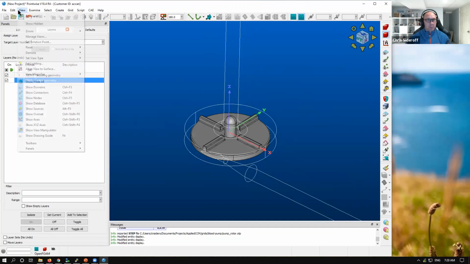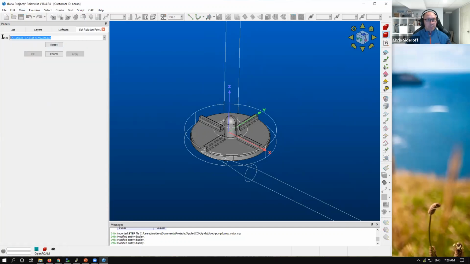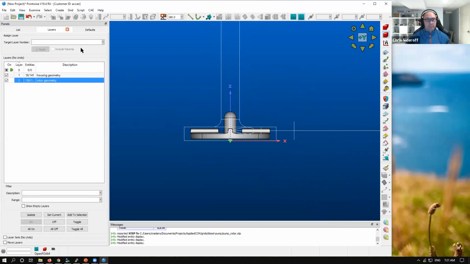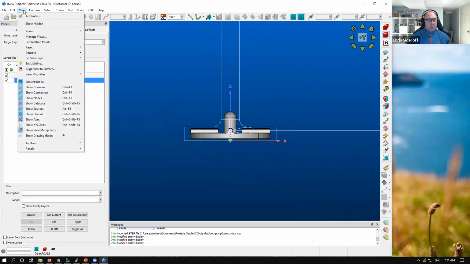So what I'm going to do is set my rotation point, and just set one from the side. I'm going to assign this to